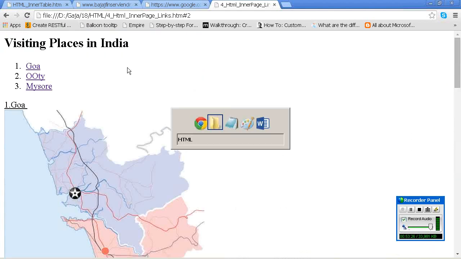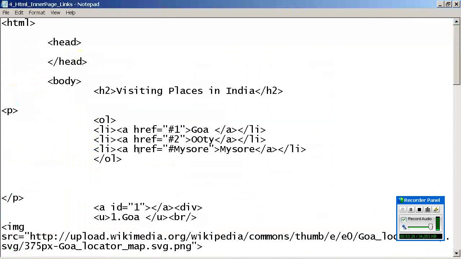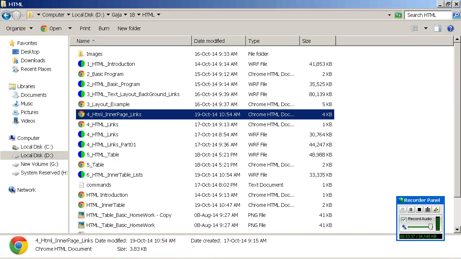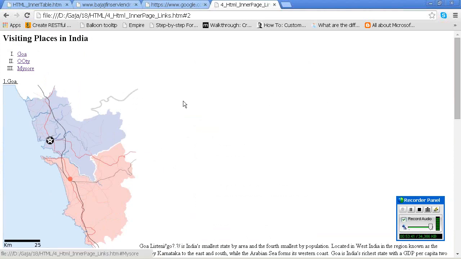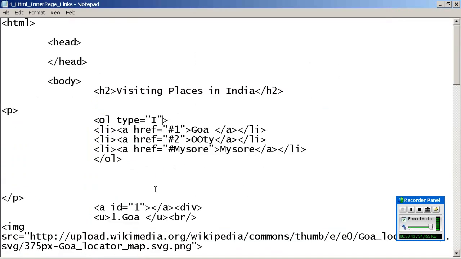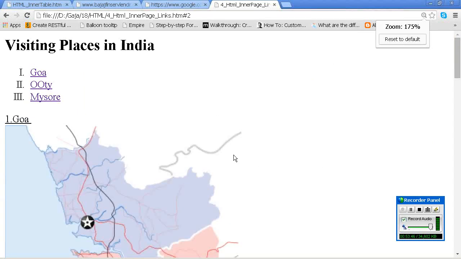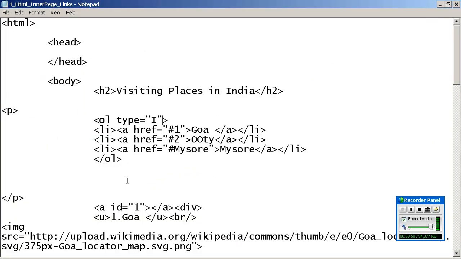Now I want to represent in capital Roman here. Then just use capital. You will see what happens. It becomes capital. Now I want to show in small.